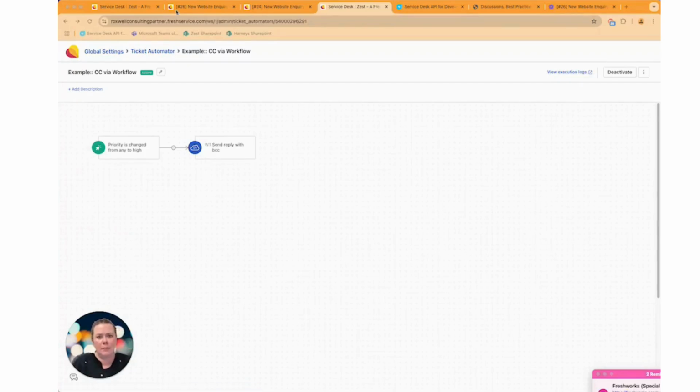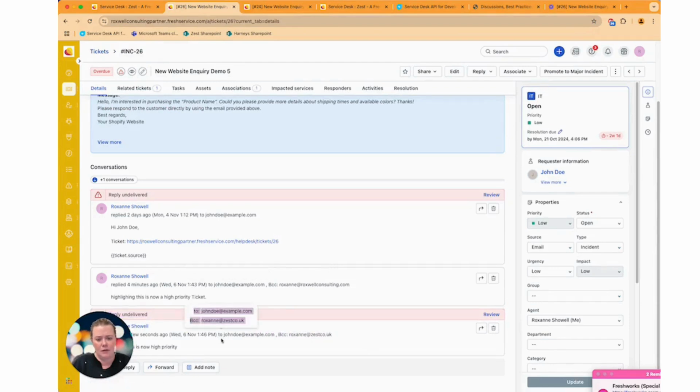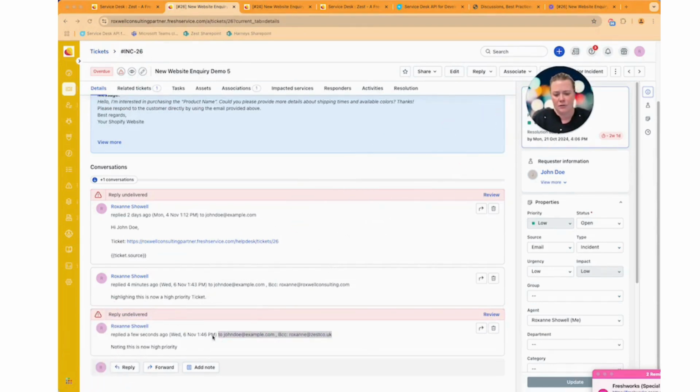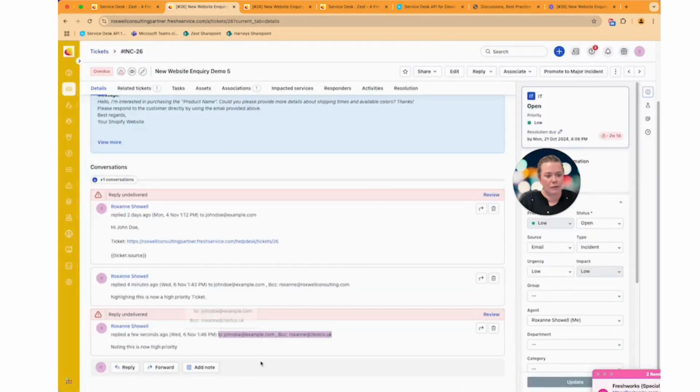So here's my example of the super simple adding a BCC into the reply. You can just ignore the fact that it says undeliverable because John Doe doesn't really exist. So Fresh is obviously doing what it's supposed to do and saying the reply was not delivered because the DNS host isn't available. So that's good. We know that's working. But you can see that in my reply, it indeed did BCC me in as I